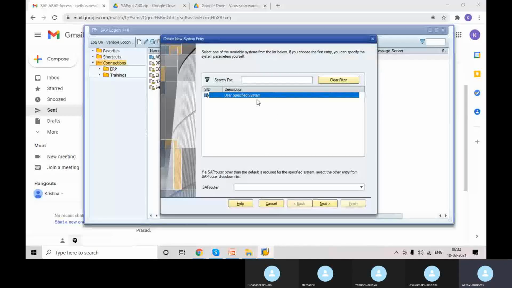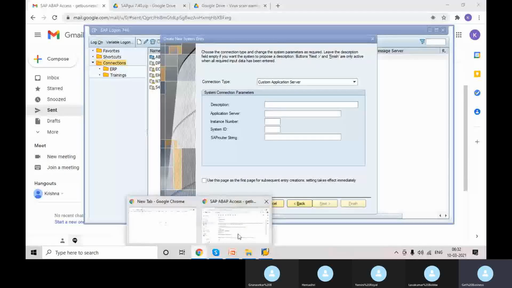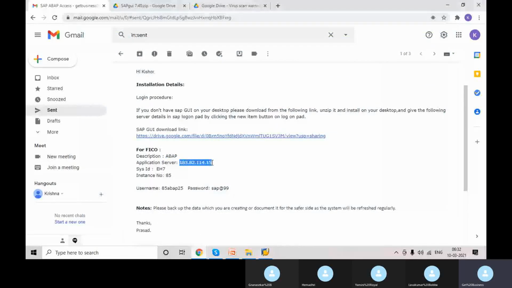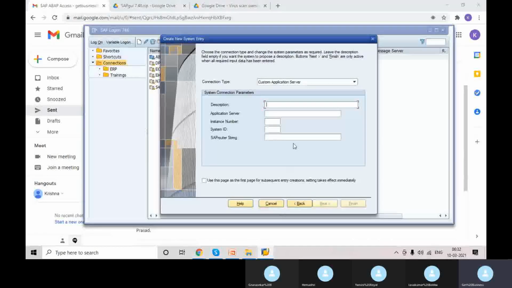Here, click on next to configure the server. What is the description we mentioned here in the mail? ABAP, and server details: application server IP address, system ID, instance number. I will move on to the SAP logon again.